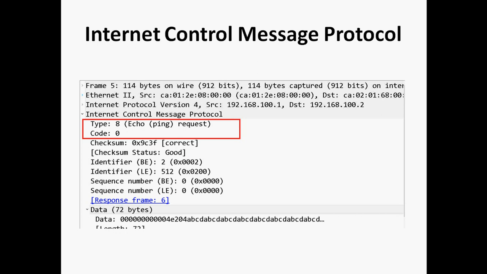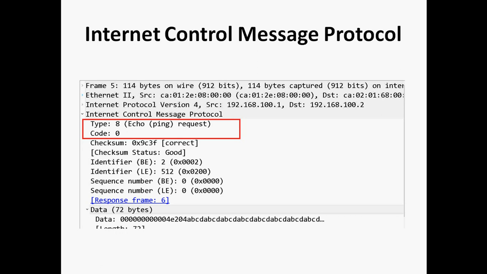One more thing: in ICMP we have an identifier as well as a sequence number. The identifier and sequence number are generated randomly, based on the operating system. If you are using Linux or Unix, the identifier will be different and unique for each and every request.